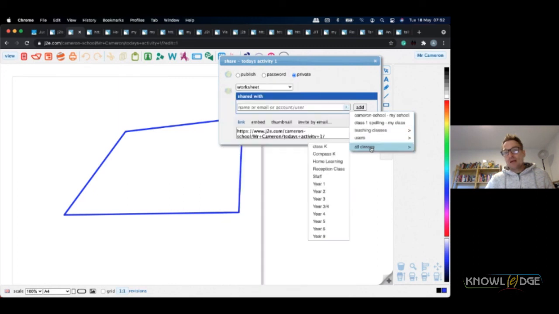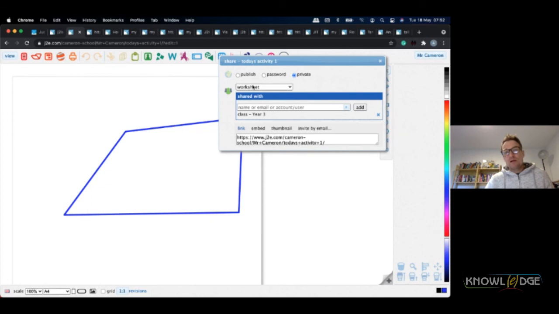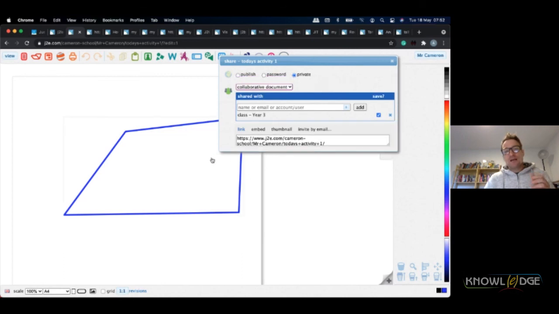So if I share that with, for example, a year 3 class, I can choose it instead of being a worksheet, which they will complete and save for themselves as their individual tasks. If I change it into a collaborative document, it means that the whole of year 3 class will all be able to work in this document at the same time.